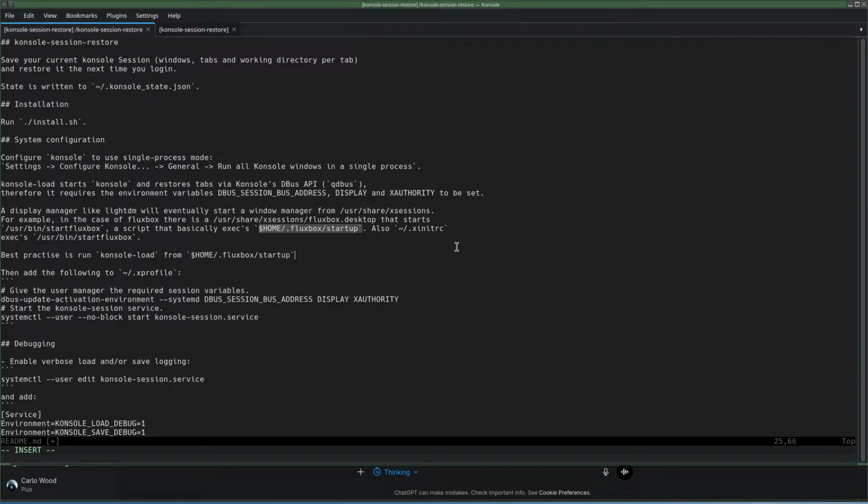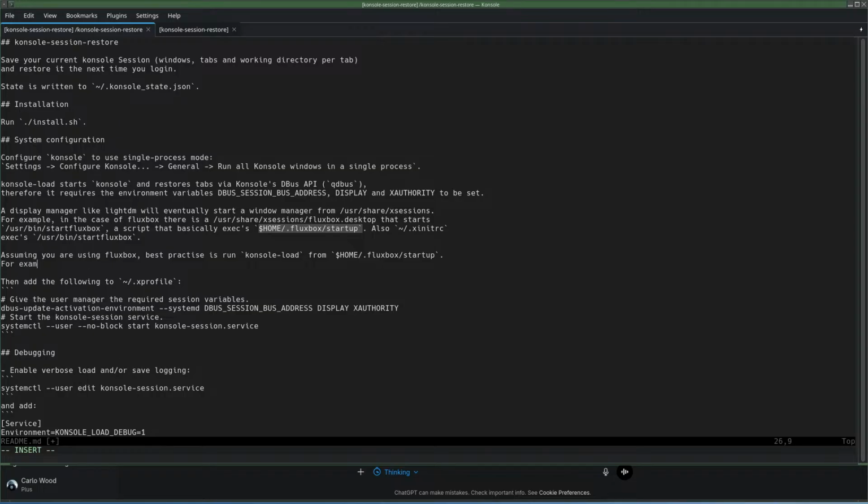And yes, I only documented Fluxbox because I use Fluxbox. Therefore, I am now the expert on how to do this for Fluxbox. And I have absolutely no clue whatsoever how to do it for other window managers. The other people are on their own. Best practice to run console load from Fluxbox startup. Okay, assuming you are all using Fluxbox. Best practice is to run console load from Fluxbox startup. For example,